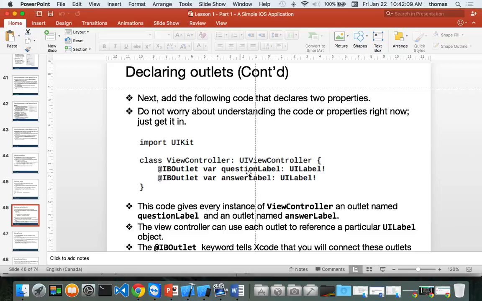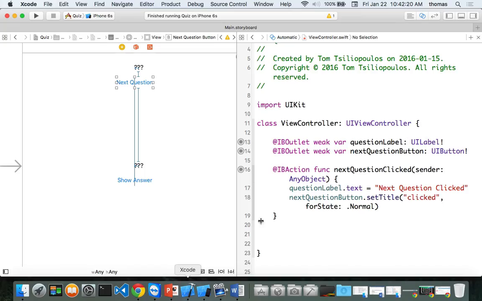So one of the things in the IB outlet is that it declares it as a variable here. This is in the book, right? Notice I have a variable declaration here. If I go back to Xcode, here's our variable declaration. So when we use Swift, remember we're learning Swift today, and we're going to do Swift in a playground as well, right? So when we use a var, the var statement,